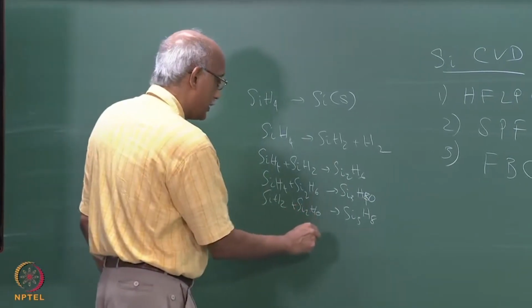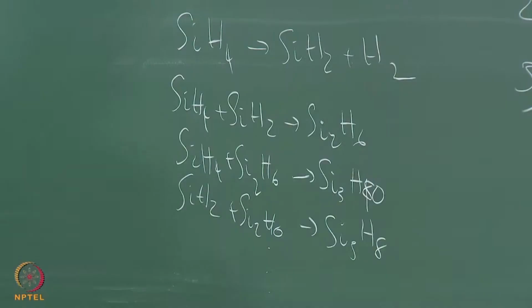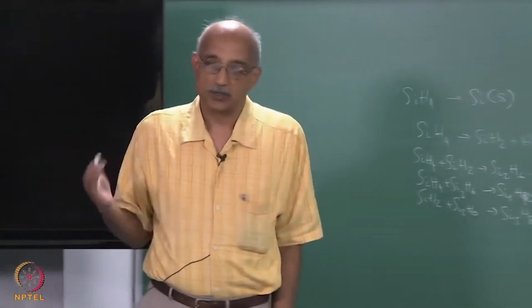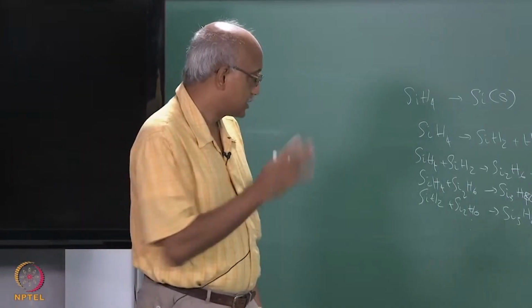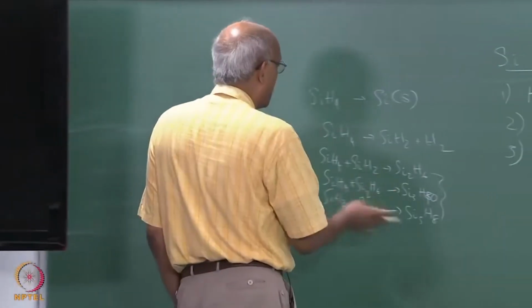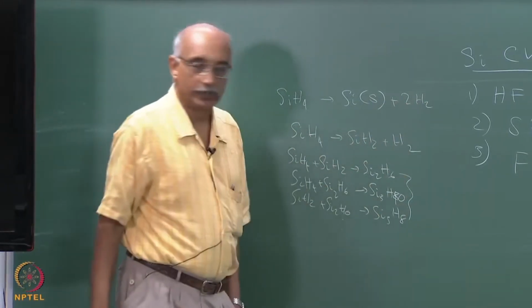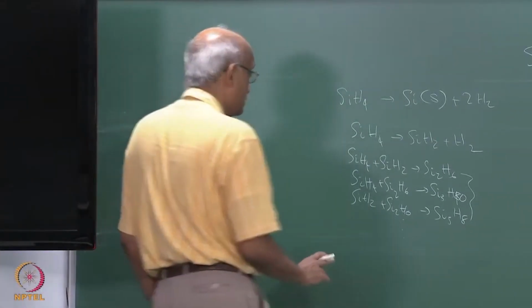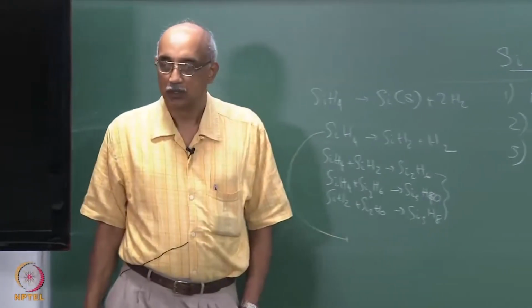So, these specific reactions have been identified, and people have also tried to characterize the longest chain length that is achieved before the molecules become too unstable, so that they do not stay for very long. This type of modeling has been done, and the overall kinetics are obviously described by SiH4 going to Si plus 2H2. But if you look at the homogeneous chemical reactions, for example, SiH4 going to SiH2 plus